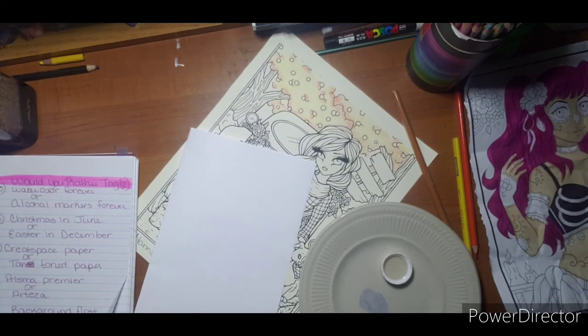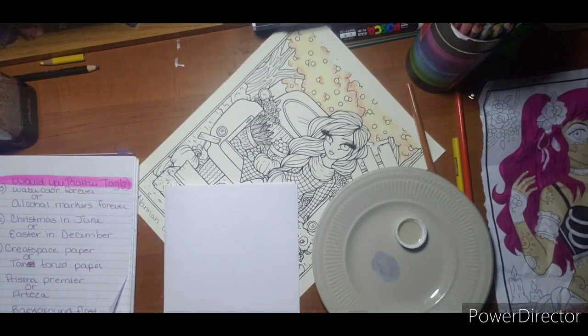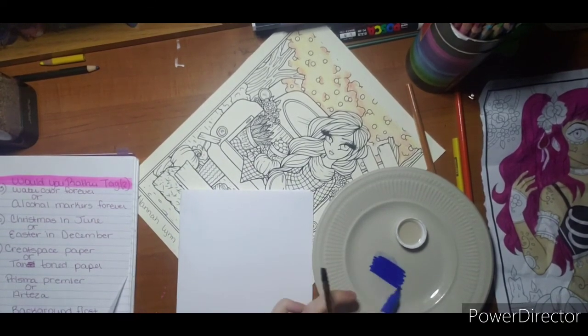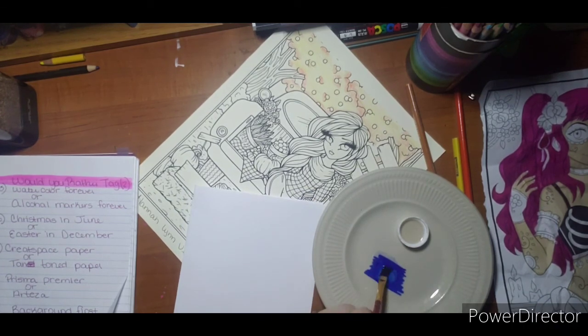But when I had a marker out, I was going to show you guys something, and I had a marker out and I don't know where it went. So we're gonna do this. Sorry about that. If you are really, really desperate and you took your alcohol markers to an island and you happen to have some rubbing alcohol, you can take your alcohol marker and scribble it on a glass plate. Paper plates or foam or nothing like that doesn't work really well, just so you know. Take a little bit of rubbing alcohol. That's what I have in this lid, just straight rubbing alcohol. If you want it lighter, you just add a little bit more. Obviously, if you want the...